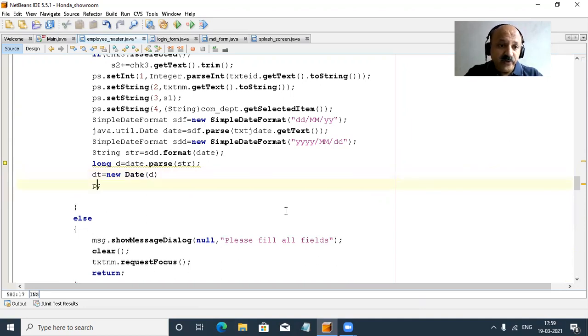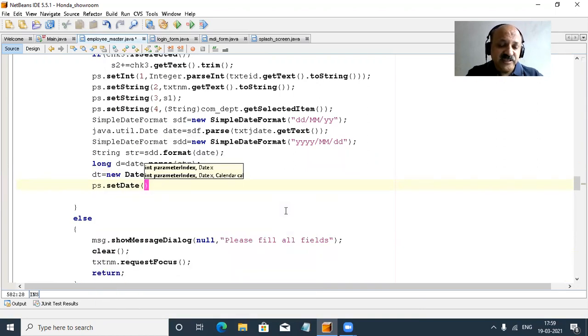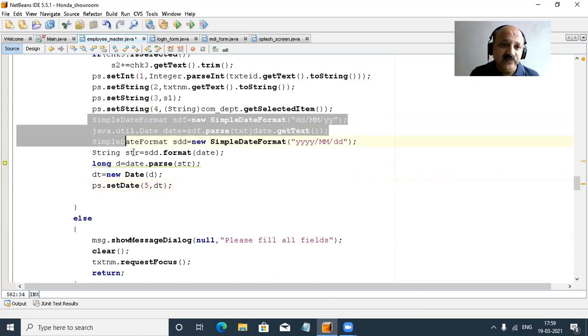And now our fields: ps, set the year, and then ps set date. Now we set the very important fifth field, and we pass our date, which is dt. So it is a very long process, the date format.